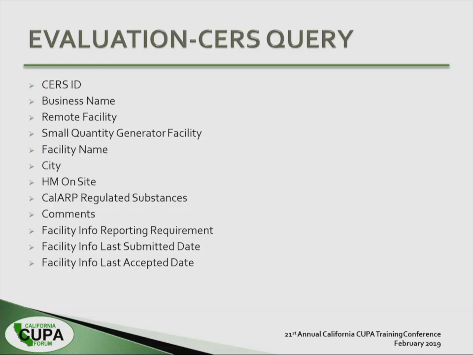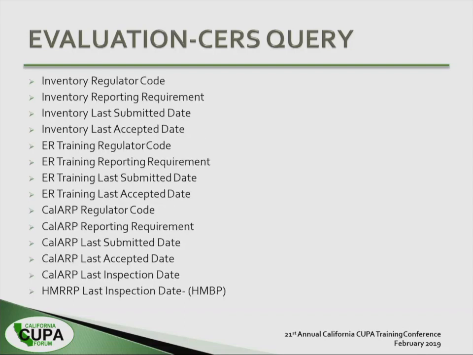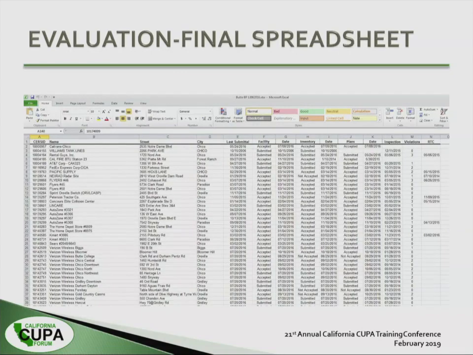Mainly, it's the business name, the facility, the SERS ID. We go in and get rid of the duplicates on the SERS ID, because sometimes you might have that in there twice, so we base it on SERS ID. If we base it on the facility name, you may have two different facilities with the same name. So we do a SERS ID and get rid of the duplicates. Here's another list, and then the list goes on with the inventory, the ER, things like that. Okay, so now our spreadsheet looks somewhat like this.